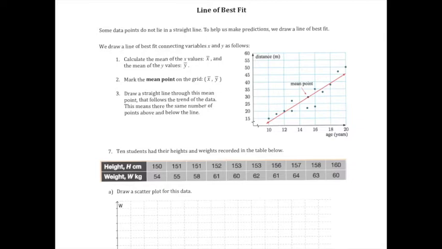So some data points, as we know, do not lie in a perfect straight line. To help us make predictions for future results or in between values that we actually have, we can draw a line of best fit. So we draw a line of best fit connecting variables x and y as follows. So look at this. We calculate the mean of the x values and the mean of the y values. So as you can see there,